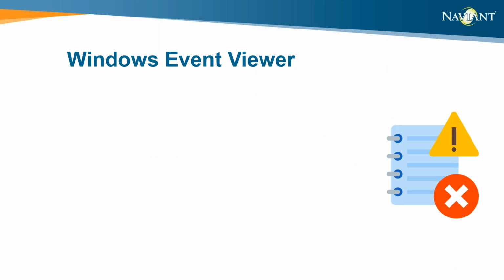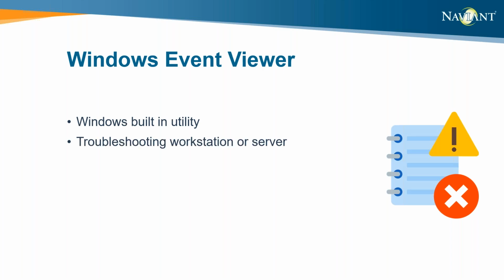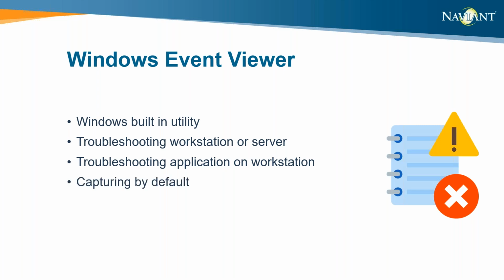The next tool we'll talk about is Windows Event Viewer. This is a Windows utility built into Windows operating systems to capture diagnostics events. You can refer to Windows Event Viewer when troubleshooting workstation or server issues, or if there is an issue within an application on a specific workstation. Windows Event Viewer does not need to be enabled, for it is consistently capturing. Because of this, we want to pay attention to the error events that are captured when recreating an issue. This isn't meant to say that the plain information events aren't equally important. There may be some situations where the information level events can help provide additional clarity of a problem.